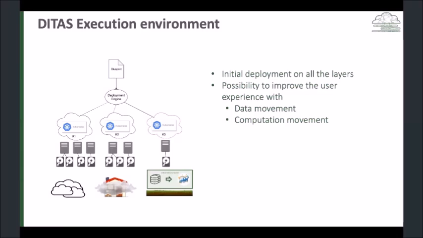For the computation movement, we exploited the facilities provided by Kubernetes because everything is deployed on Kubernetes clusters. We are able to move containers between different clusters. For the data movement, we have proposed a hybrid method that combines the advantages of the physical copies and the logical copy of databases in order to have the possibility to move data faster without any type of locking and totally transparent with respect to the final user.